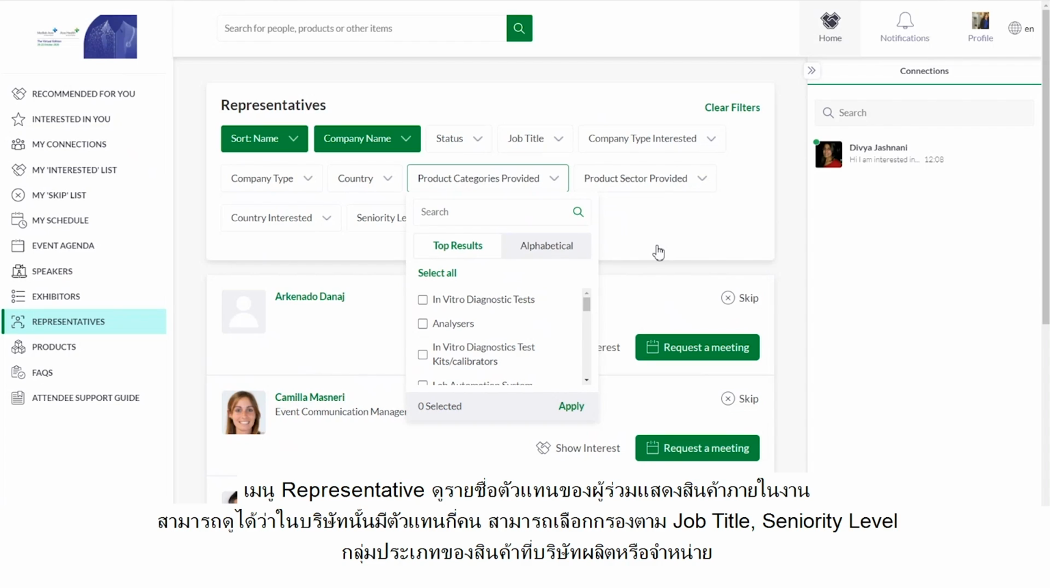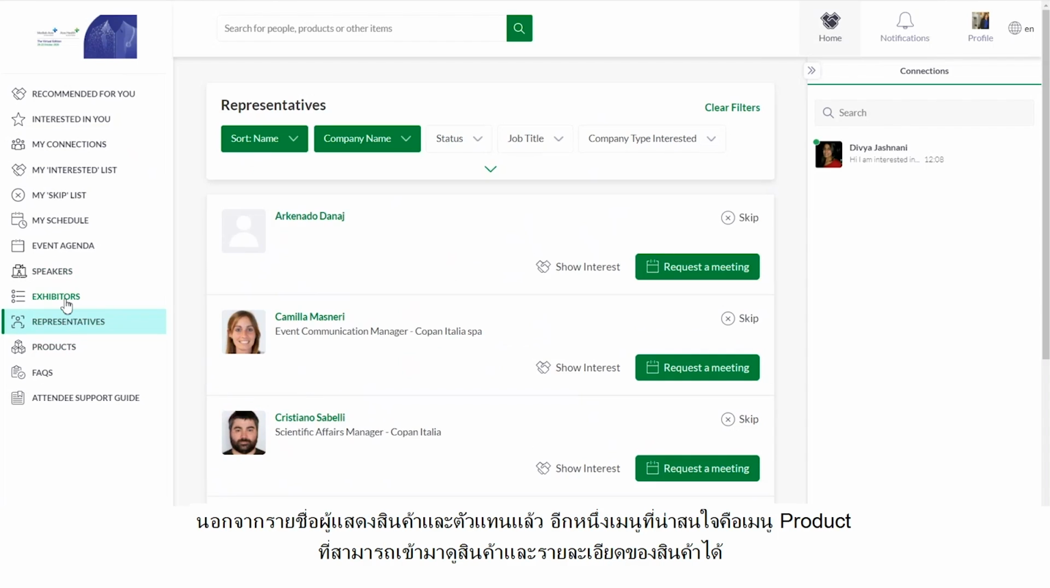Before I make a decision of spending my time with them, after I've gone through the exhibitors and the representative list, I think one of the most